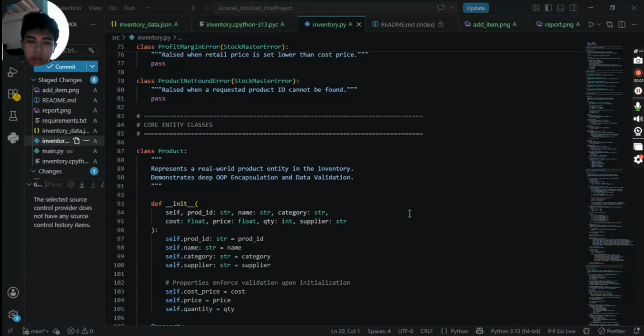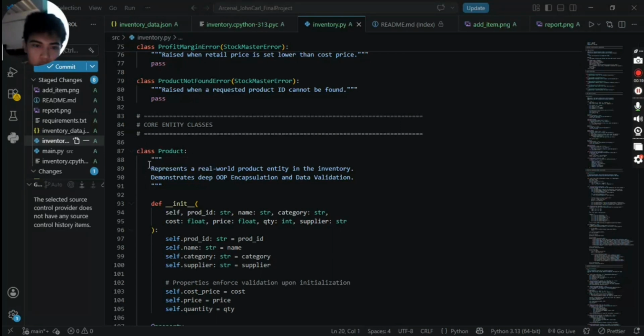First, looking at my class and object design, I built the Product class, starting here on line 87.